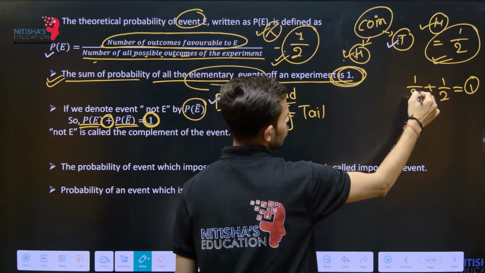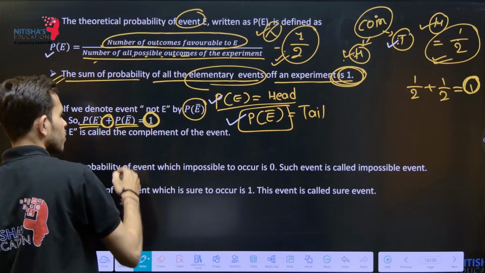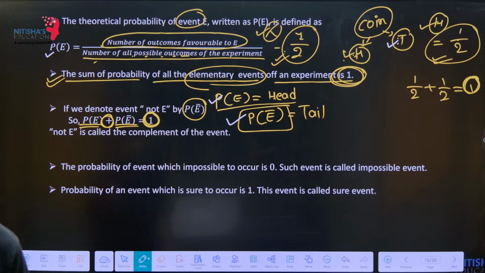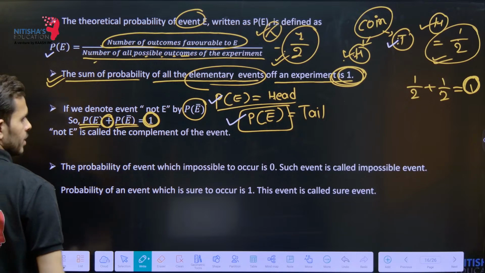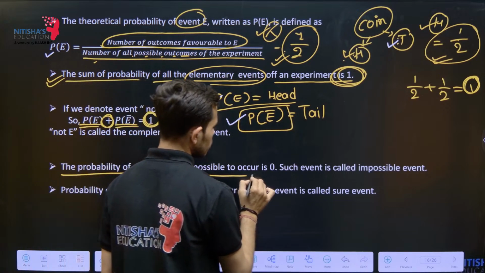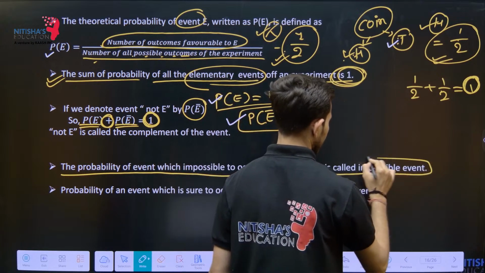अगर 1/2 और 1/2 को ऐड करूँगा तो 1 आ जाएगा। इट मीन्स कि अगर कोई मेरी इवेंट है तो उसकी प्रोबेबिलिटी और अगर इवेंट नहीं हो रही है उसकी प्रोबेबिलिटी, दोनों को अगर ऐड करूँगा तो उसकी प्रोबेबिलिटी हो जाएगी 1। नेक्स्ट, द प्रोबेबिलिटी ऑफ इवेंट विच इम्पॉसिबल टू अकर इज 0 एंड सच इवेंट इज कॉल्ड इम्पॉसिबल इवेंट।